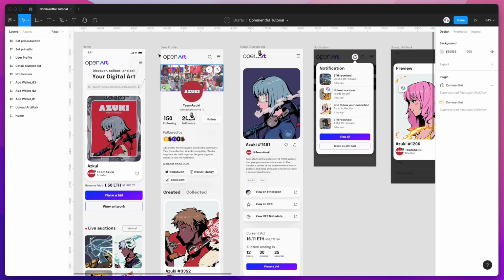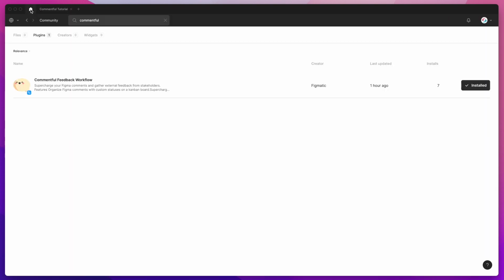So let's get started by going to the Figma community and searching for the term Commentful. So that's Commentful, and under the plugins tab you'll see Commentful pop up. Just go ahead and click on the install button on the right hand side, and then you can switch back